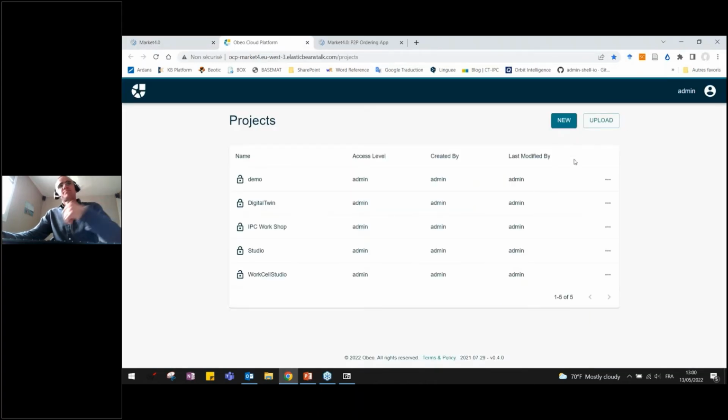You need to log in and to ask for login either to IPC or to OBO partners. So here I am logged in as administrator of the Workcell. The Workcell Designer allows you to create digital twins, but the first step in the Workcell Designer is to